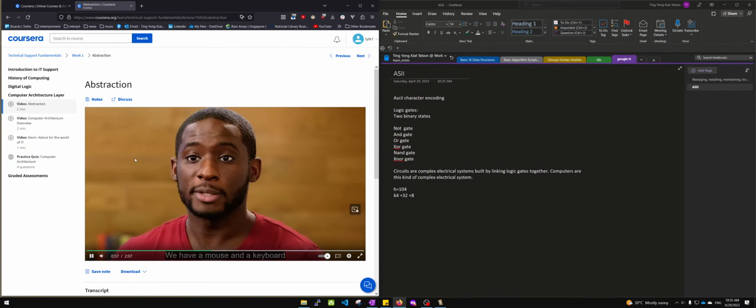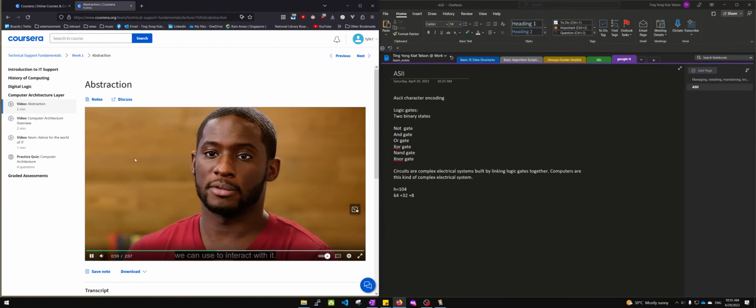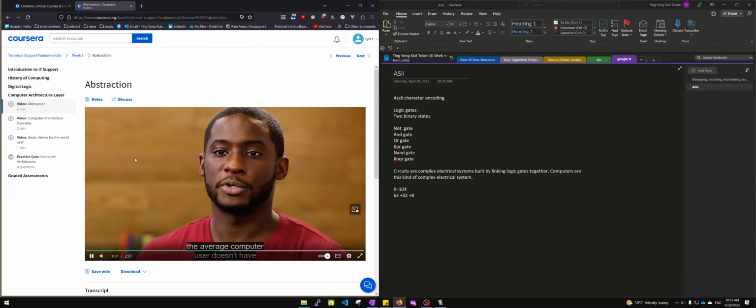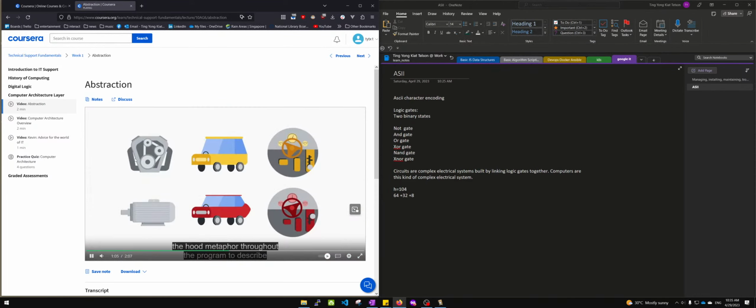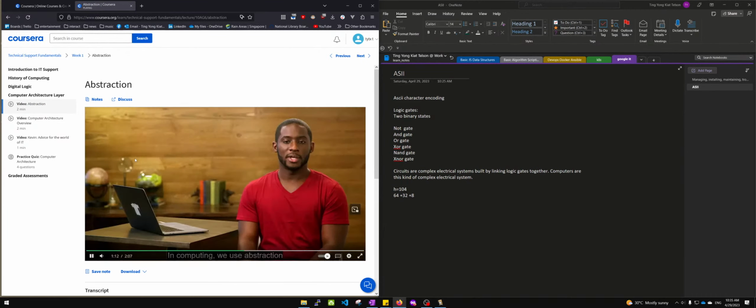We have a mouse and a keyboard we can use to interact with it. Thanks to abstraction, the average computer user doesn't have to worry about the technical details. We'll use this under the hood metaphor throughout the program to describe the area that contains the underlying implementation of a technology. In computing, we use abstraction to make a very complex problem, like how to make computers work, easier